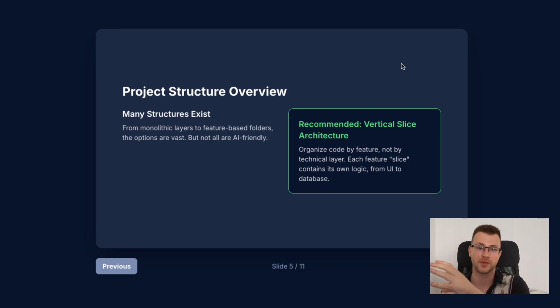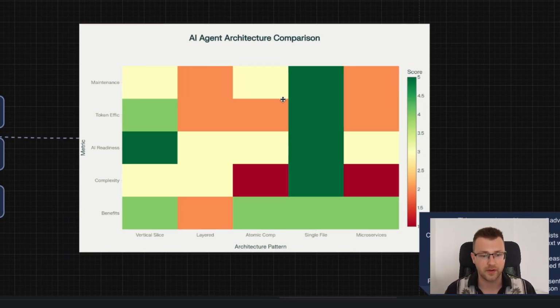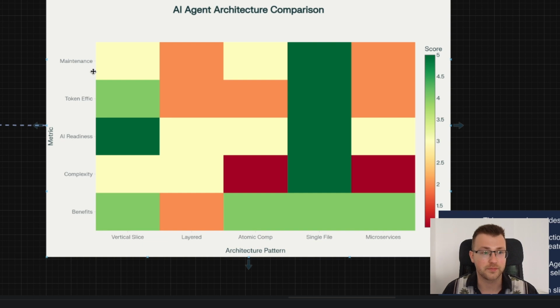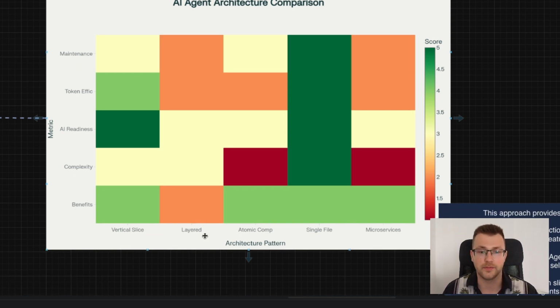in specific folders. And there are many different project structures for the code base, and I will even show you this diagram. Here we have basically different types of code base architecture, and we are looking at maintenance, token efficiency, AI readiness, complexity, and benefits. And if we look at, of course, a single file is the winner, but let's be honest, nobody will handle the